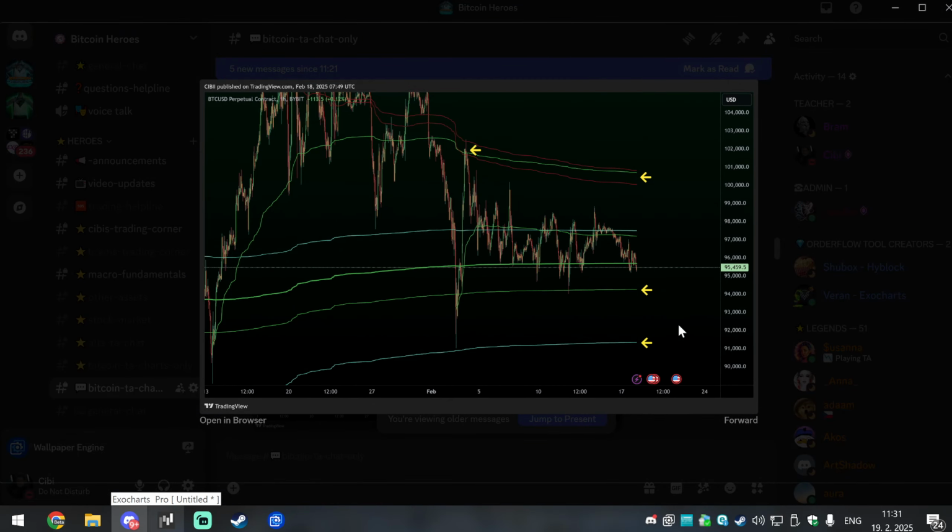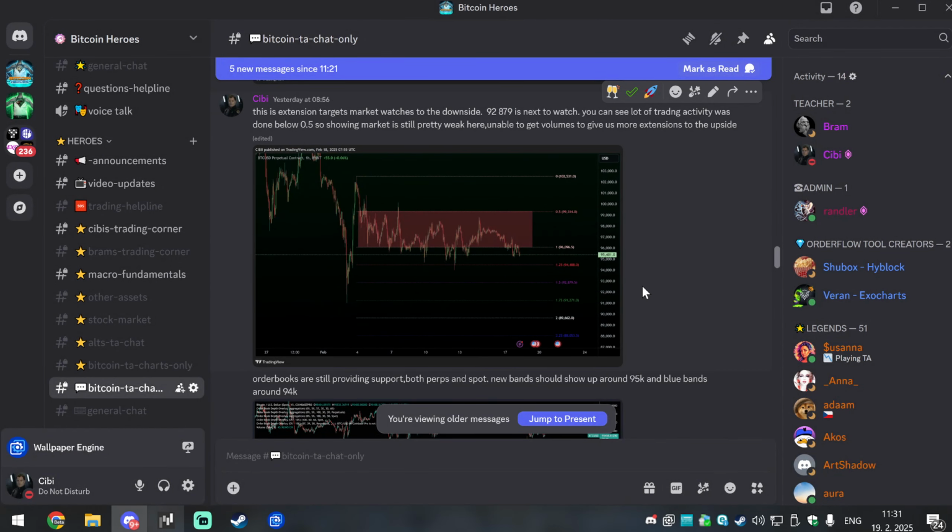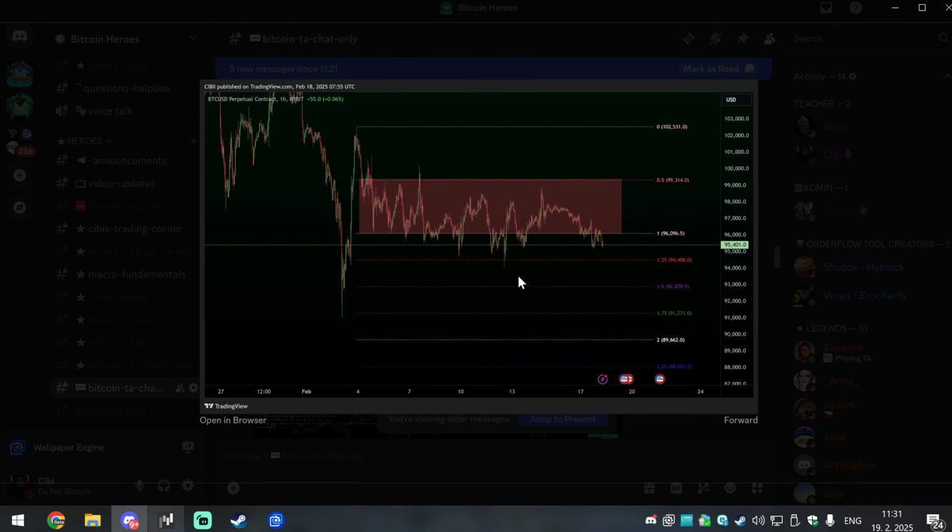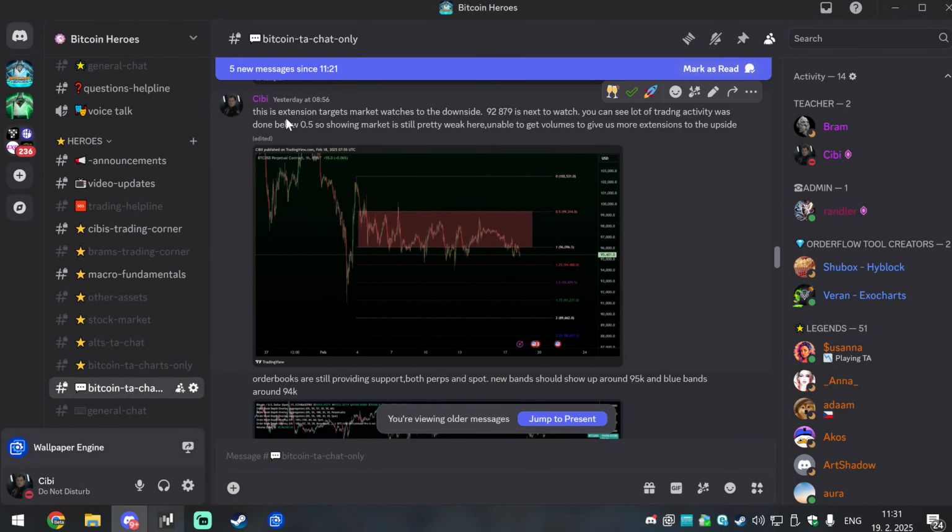You also got anchored VWAPs I was showing our traders to be aware of. This one was bridged at 94K. And then we've got, this is not important. You were also heading for, because this was the impulse to the upside. You are putting in a high, and the first good low you are holding is very likely giving you balance zones, extensions, and range. And Bitcoin, I told our traders, look at that. So these are extension targets. 92,897 is next to watch.